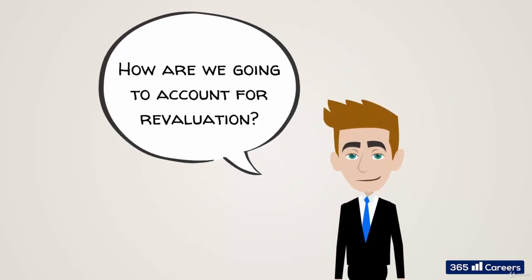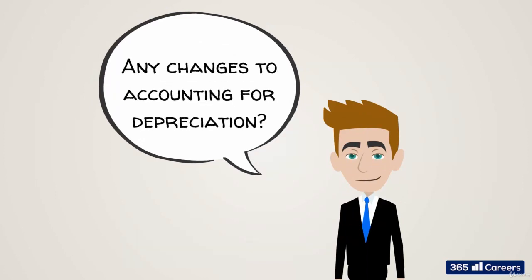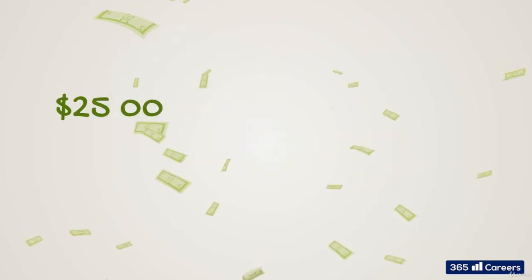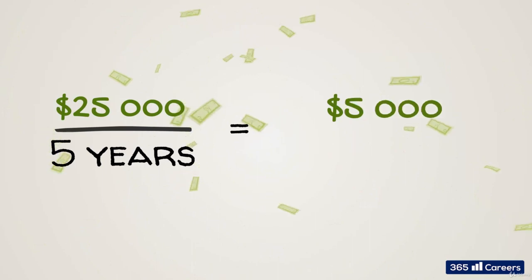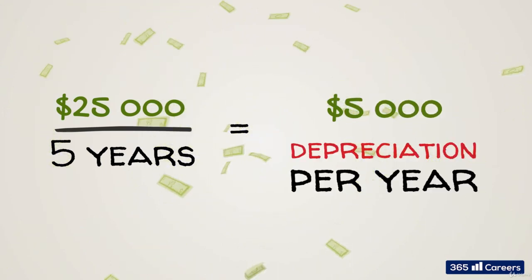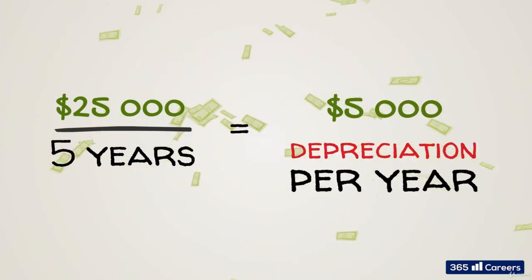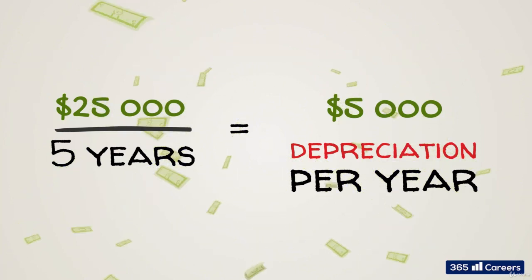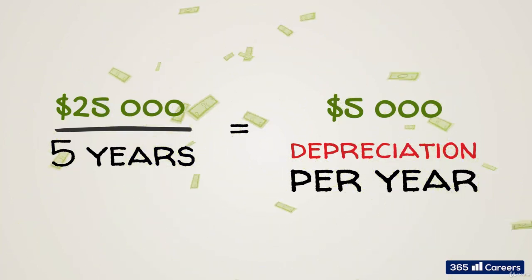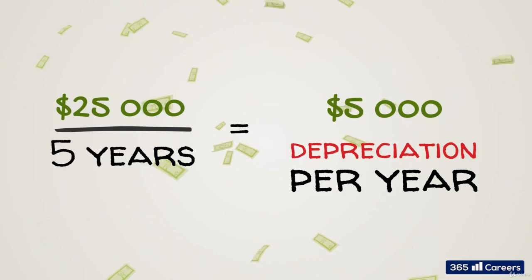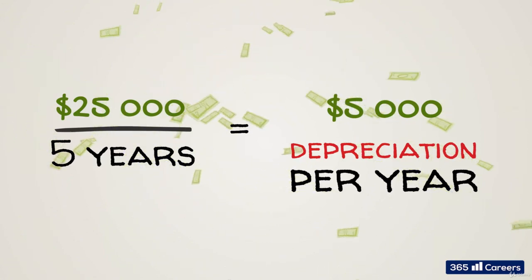Here's our task. How are we going to account for the asset's revaluation? And what is going to be the difference in the way we account for its depreciation? The first thing we need to do is calculate the carrying value of the asset. Its original cost was $25,000, and its useful life is 5 years, which means that the asset will be amortized